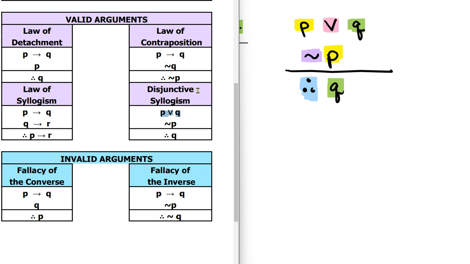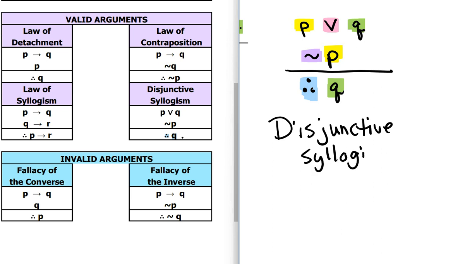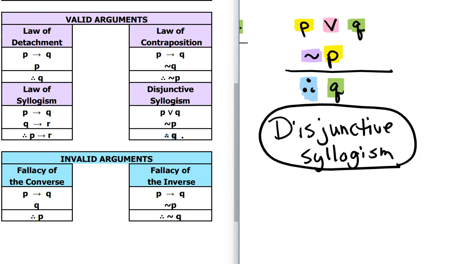It's the disjunctive syllogism. It's P or Q, negation of P, therefore Q. So my answer to the first part is disjunctive syllogism. And because it's one of the four under the words valid arguments, I would